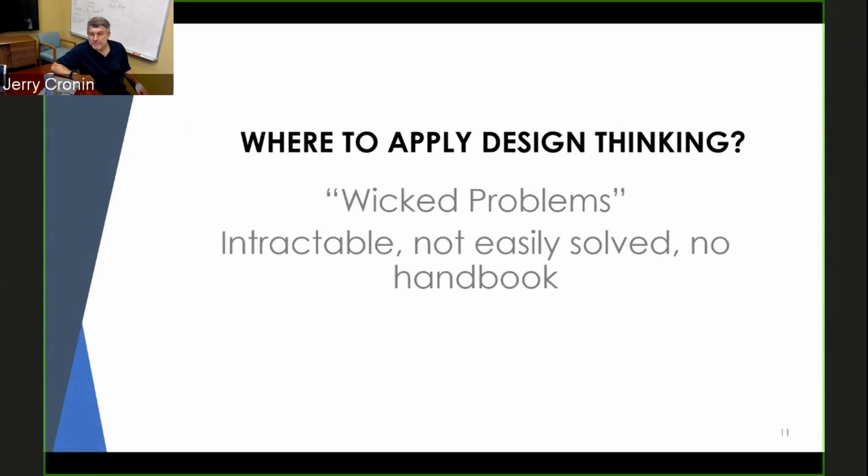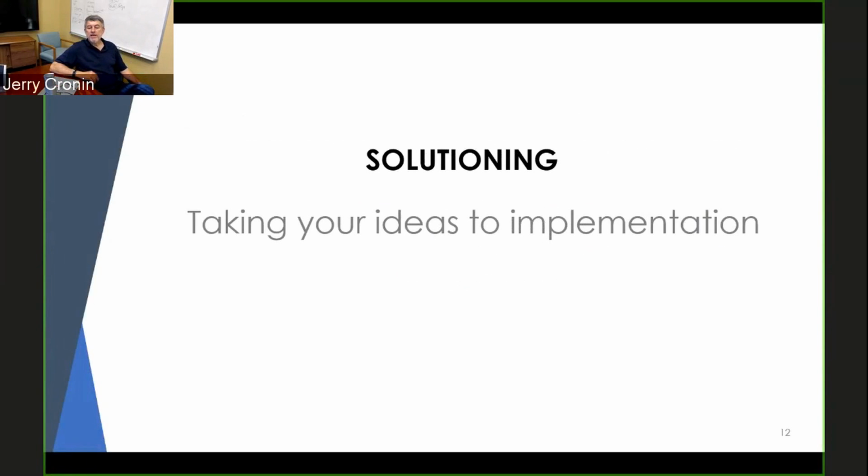Next slide. Now we'll talk about solutioning. Once I've settled upon what I think is going to be a solution, I haven't defined all the details for that solution. So it's really pretty high level at this point in time. Solutioning is now about taking your ideas to implementation. And to me, the key word in solutioning is completeness. You've thought of the angles, you've thought of what's going to happen to the thing, and you're able to make it so it's a success. So if you go to the next slide,